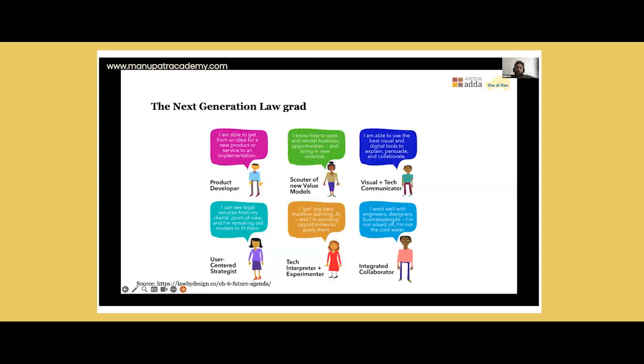We situate this work on legal design also in terms of the changing legal profession. And I think one of the things that all of you and from Urvashi have understood that many of you are students, some of you are also practicing lawyers.